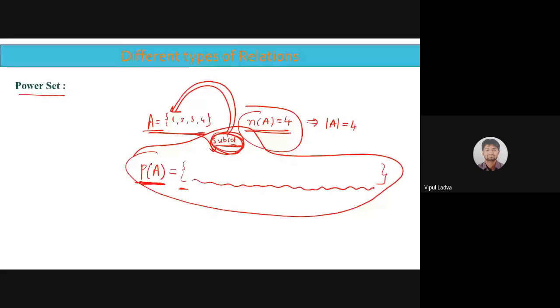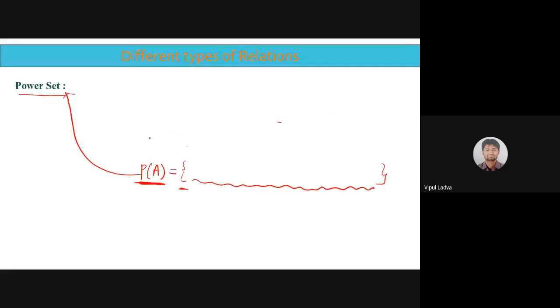So power set का simple मतलब क्या है? कि कोई भी set का अगर power set निकालना है, then list out all the possible subsets of that particular set and form a new set, and that particular new set will be known as a power set. As simple as that, is it? Let me make it a little bit simpler for you guys. All these are just a kind of revision for you because all of you are comfortable with the set theory. आपने पढ़ा हुआ है, काफी बार पढ़ा हुआ है.